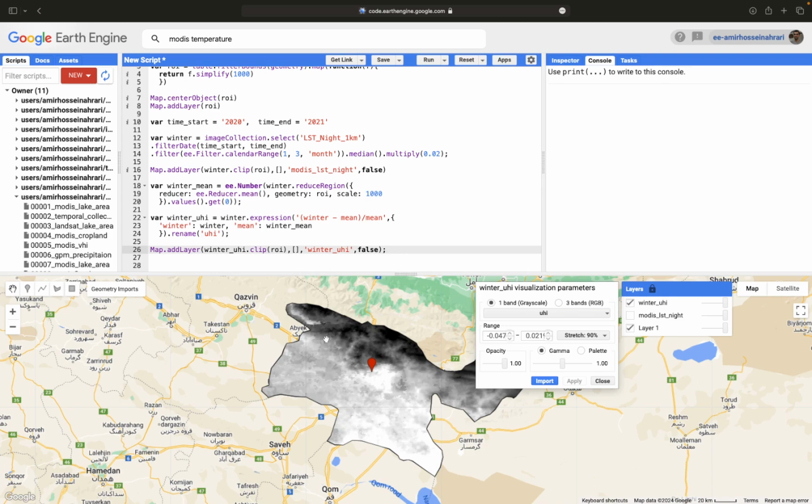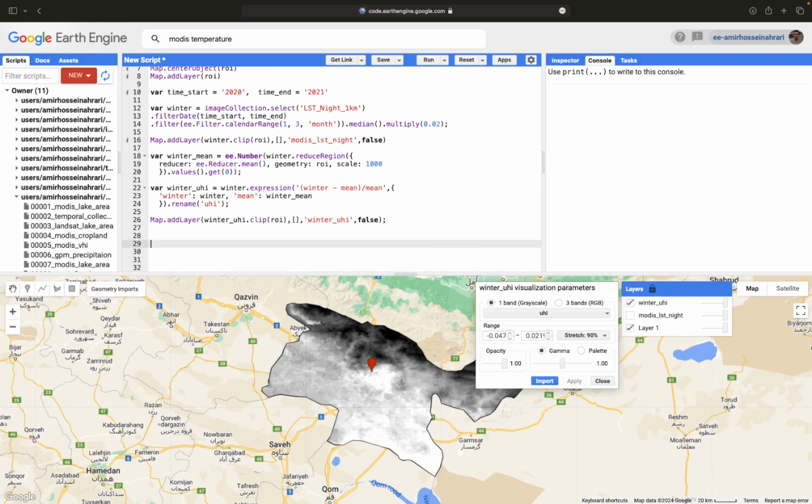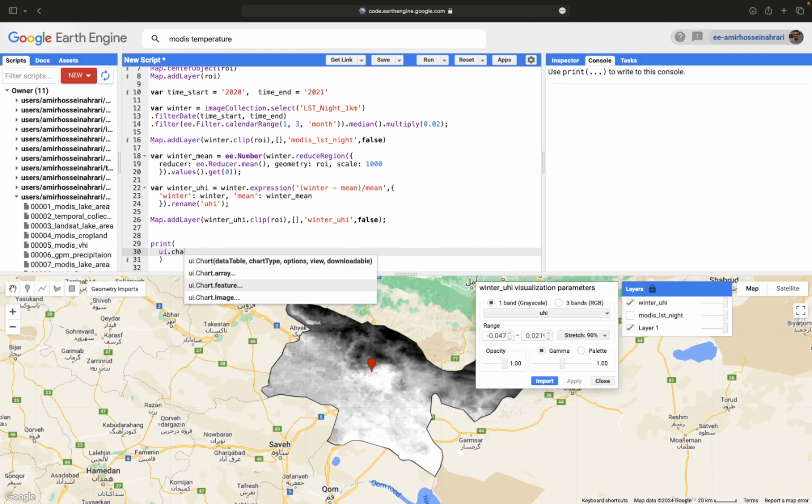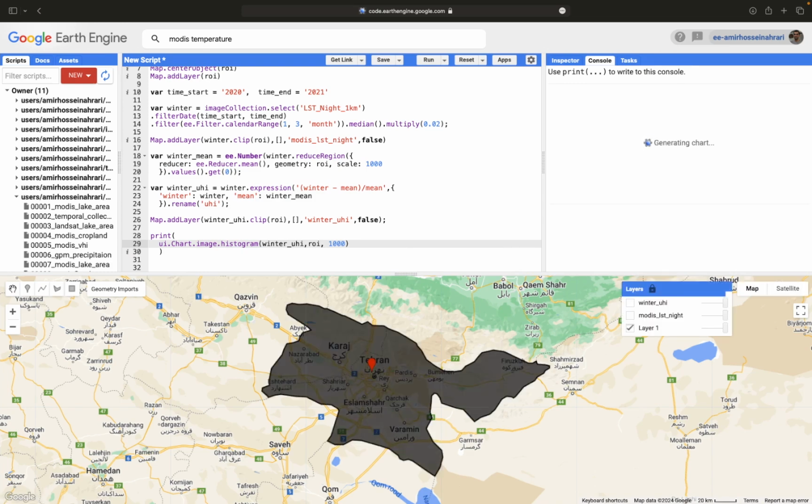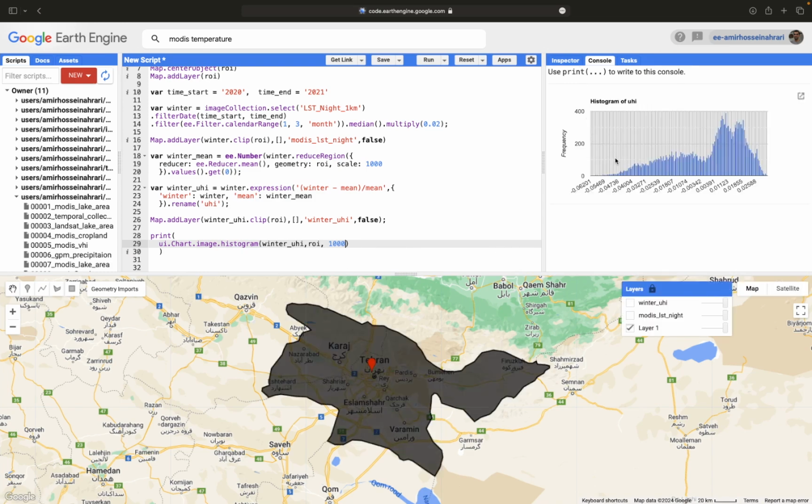To know better about the range of values, you can use the histogram structure in the user interface, ui.Chart.image.histogram, helping us get insight about the range of values in the winter urban heat island product. The target image is winter urban heat island, then the region of interest ROI, and the spatial resolution is 1000 meters. In the right panel under the console, you can see the distribution and frequency of different